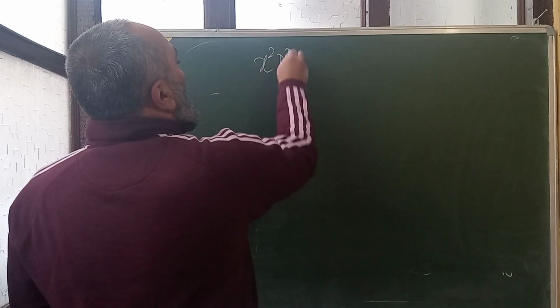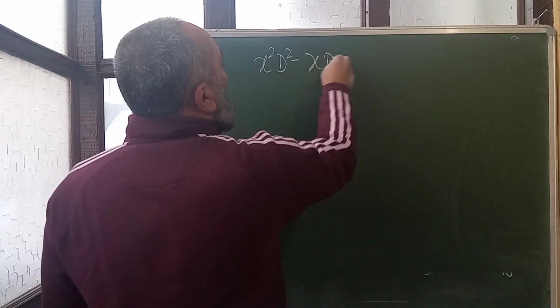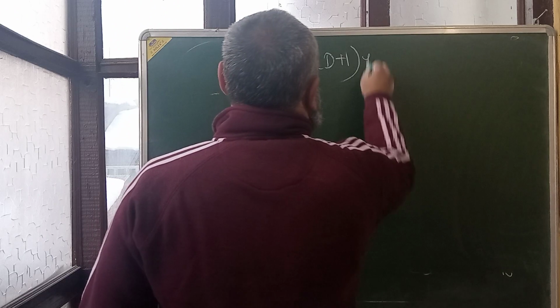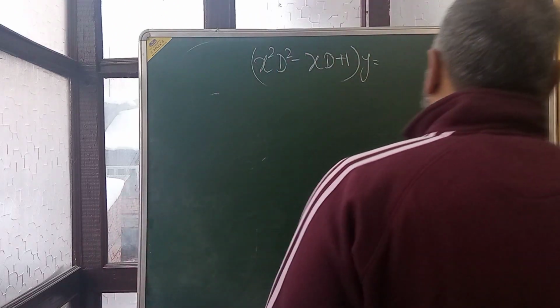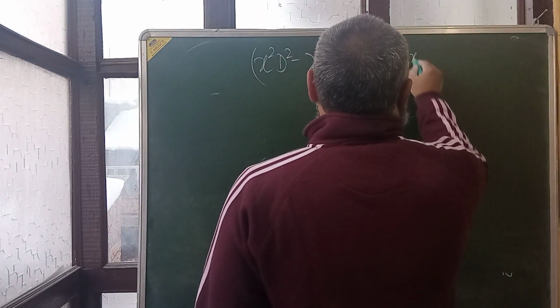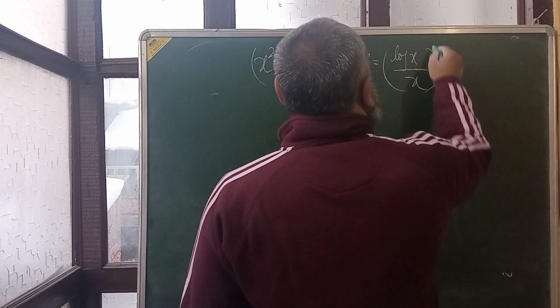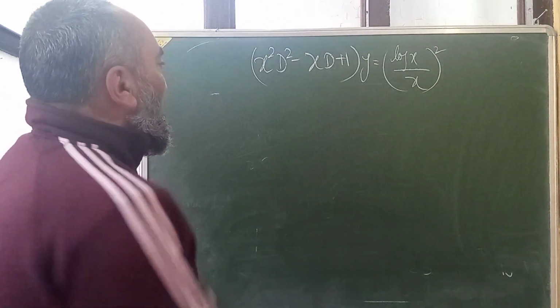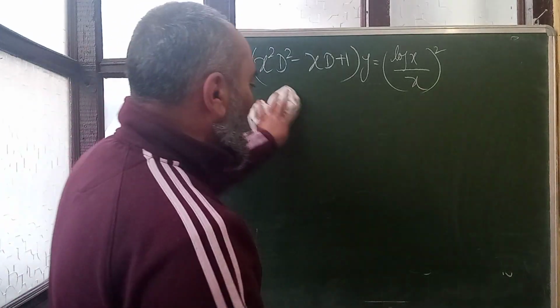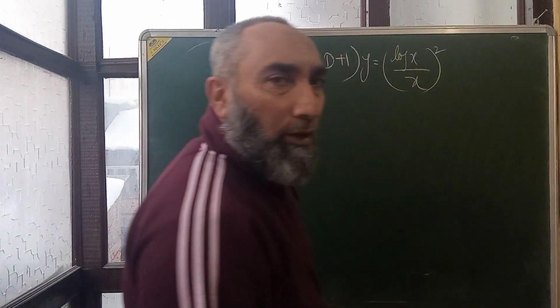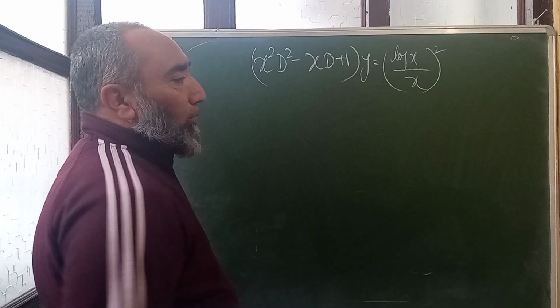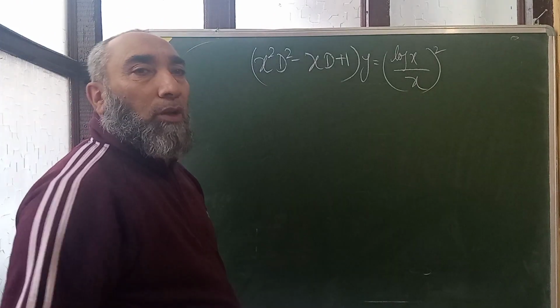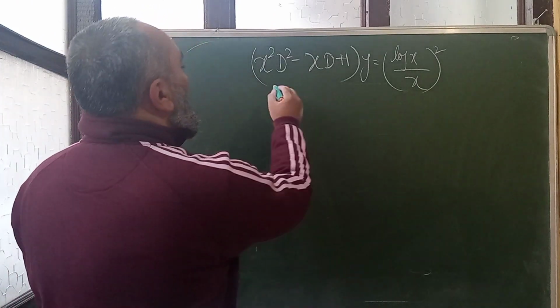(x² D² − xD + 1) operating on y = (log x / x)². I will not show it completely. I will be taking you along some path and then after that you will be doing it. This is D₁